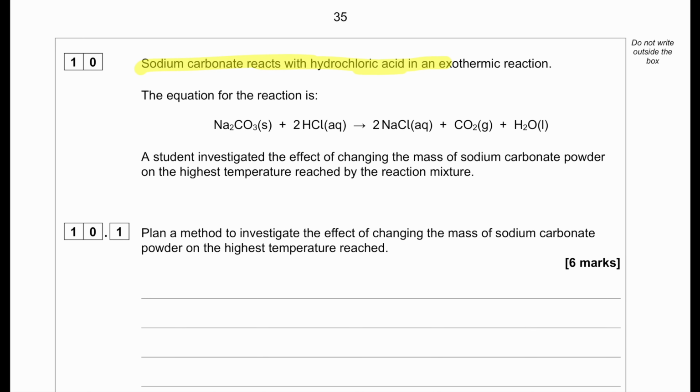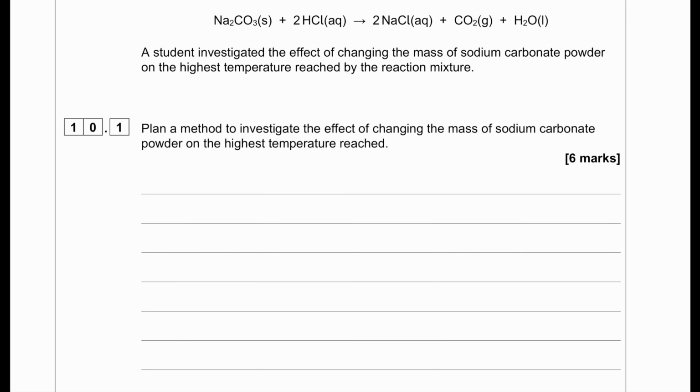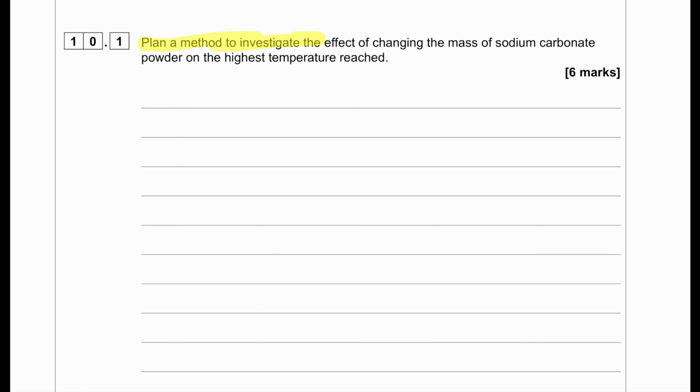Sodium carbonate reacts with hydrochloric acid in an exothermic reaction. The equation for the reaction is sodium carbonate reacting with hydrochloric acid producing sodium chloride, carbon dioxide and water. A student investigated the effect of changing the mass of sodium carbonate powder on the highest temperature reached by the reaction mixture. Plan a method to investigate the effect of changing the mass of sodium carbonate powder on the highest